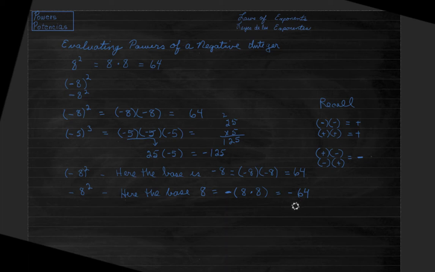Okay. Now, what I'd like to do now is to look at some other powers of negative numbers and see what the exponent is telling us about the sign of the value. Let's look at the negative 1, for instance. And if I raise it to the second power, as you would expect, it's negative 1 times negative 1, which becomes a positive 1.